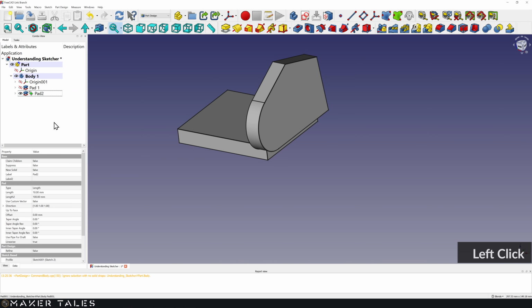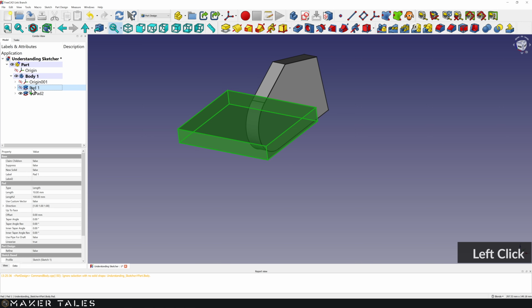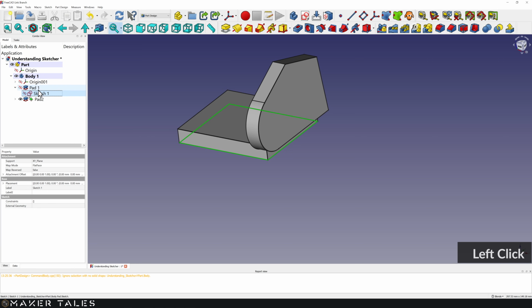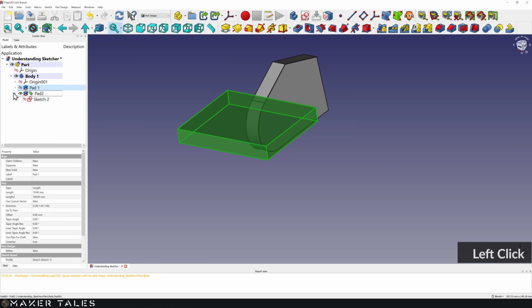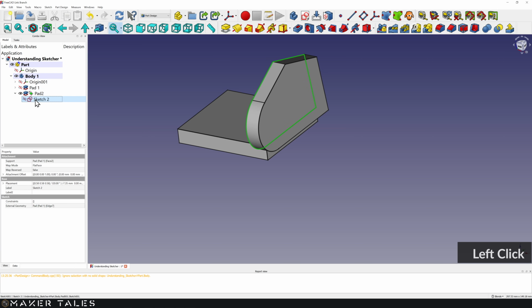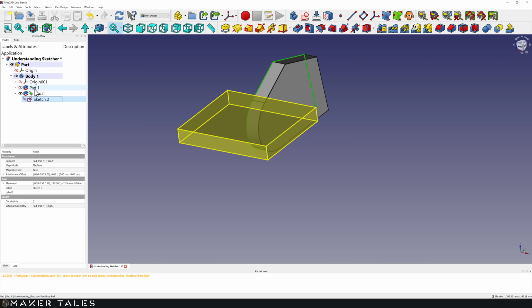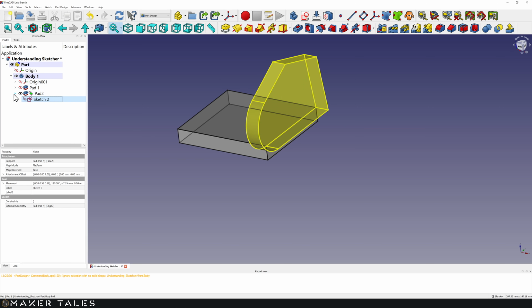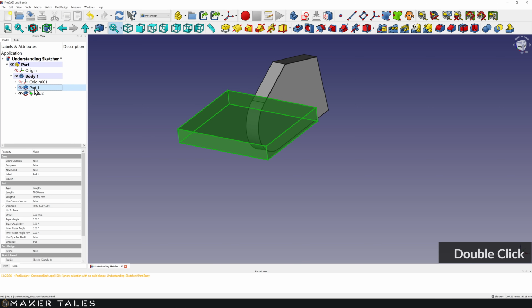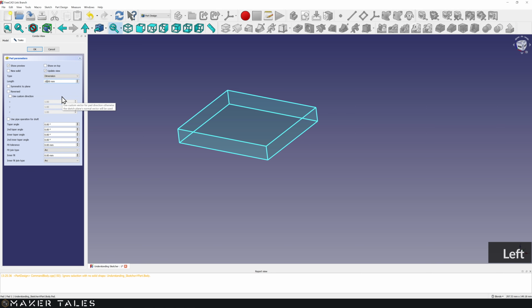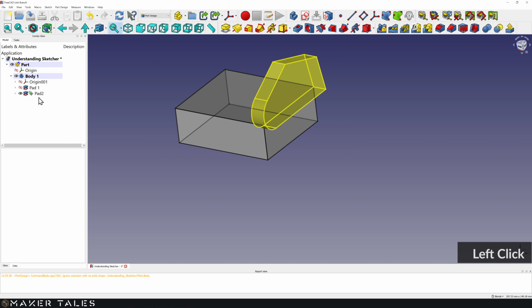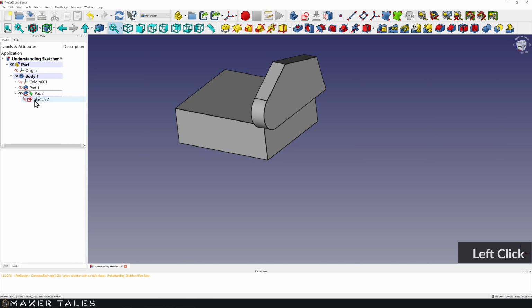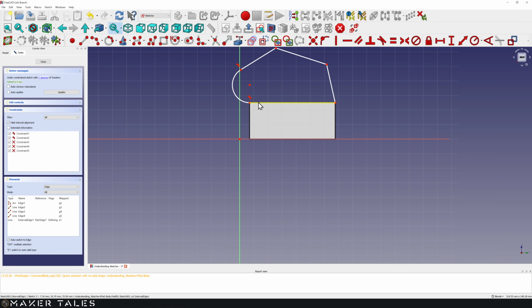Now let's fully understand what's going on here. Pad 1 is driven by sketch 1, and now our sketch 2 is driven by a reference of pad 1's edge, which means that if I change pad 1 to be, let's say, a padding of 25 millimeters, that referenced edge that is driven right here is now going to change the shape of our actual sketch, which changes the pad.